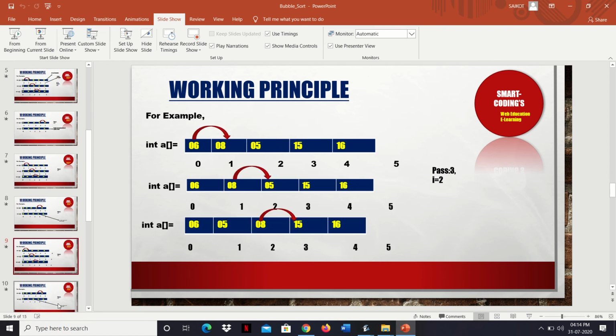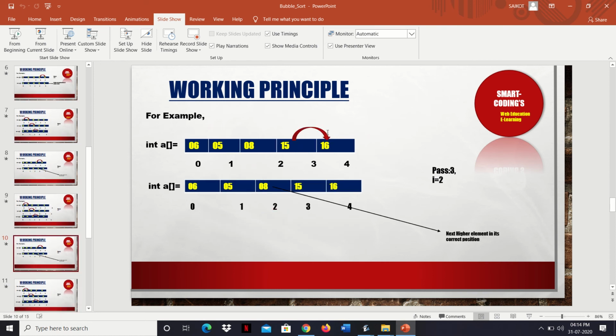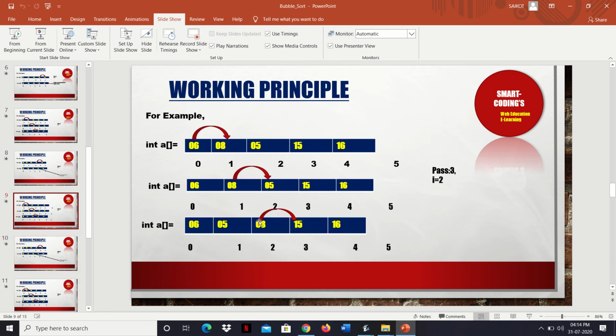Similarly for pass 3, we don't need to do this comparison, so this is struck out. And this also we need not do, because 16, 15 and 8 are in their correct positions. So 2 comparisons are removed from here.